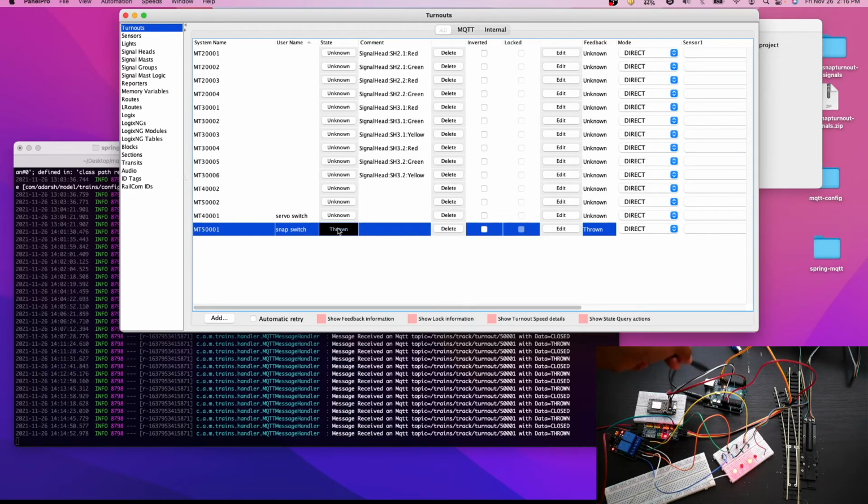The Arduino passes that information to this board, this board controls the relay switch, and the relay switch controls this snap turnout. This is how we have to configure it. I hope this helps you understand the configuration as well as the execution of this.